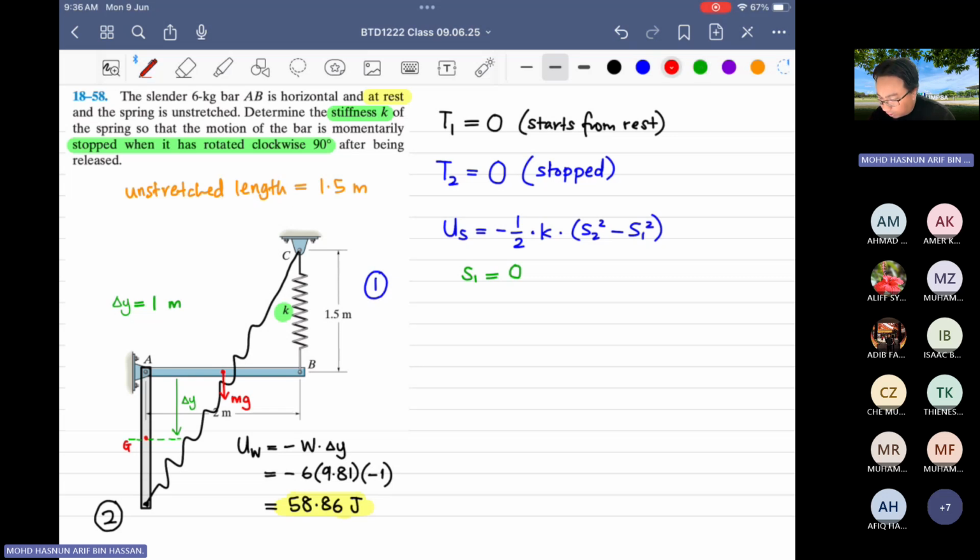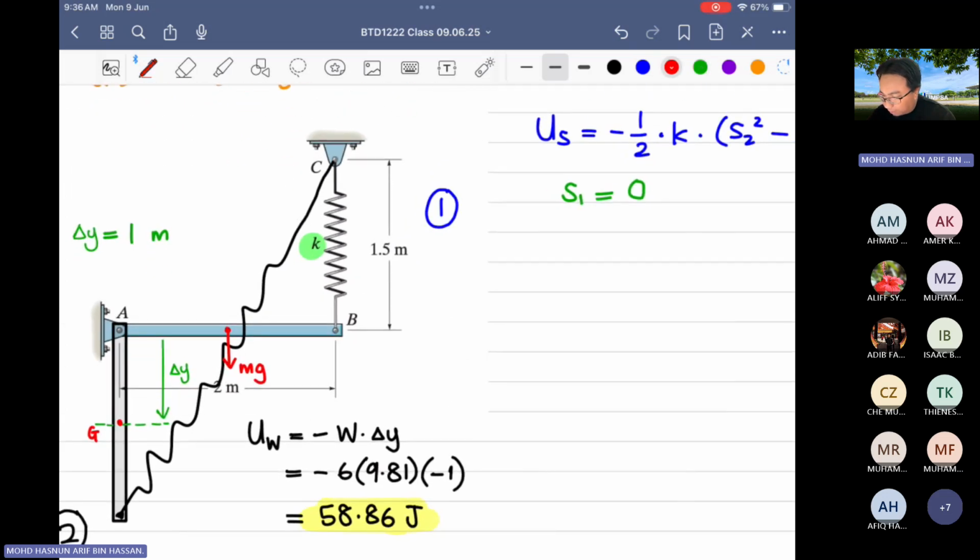So which one is L2? L2 is this length. If you look here, this is L2. Okay, this is the length of the spring, L2. Right, so this is what we want, and to get that we can